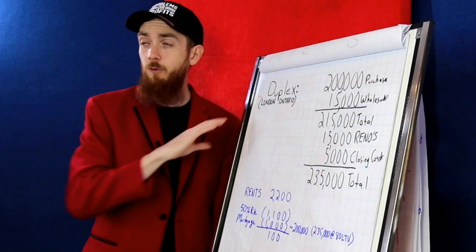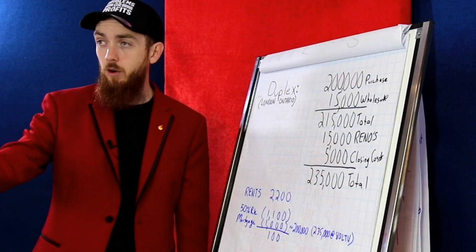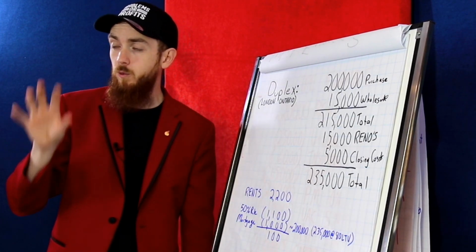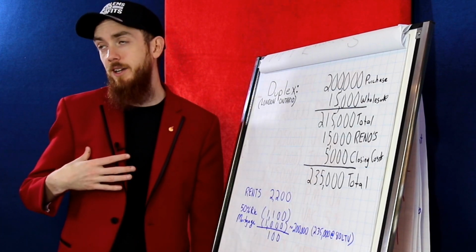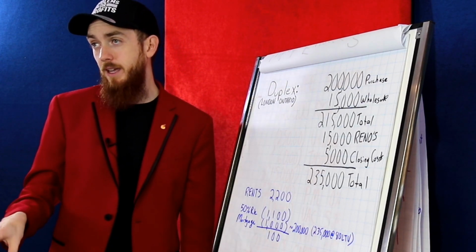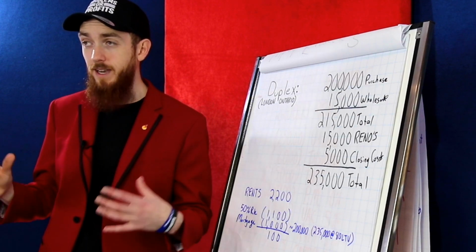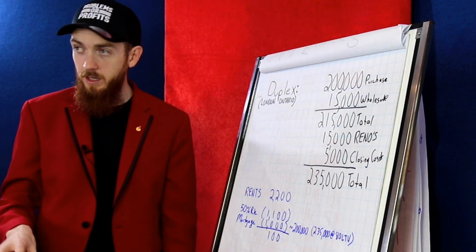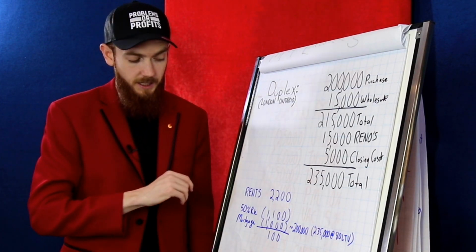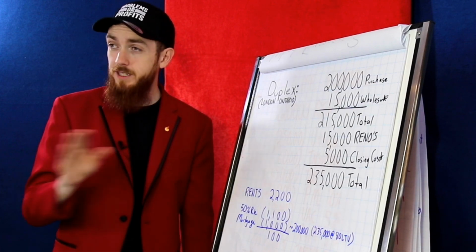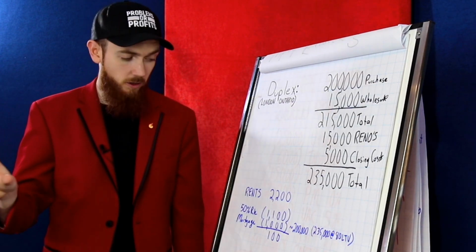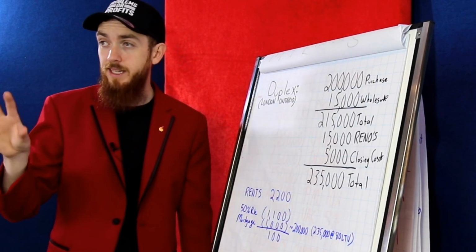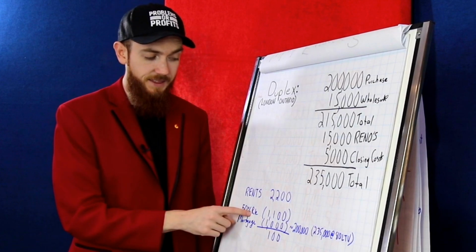Now, if we apply the rules that we learned in video 1 of this series, again, the assumption here is this property can rent for $2,200 a month. I know the market really well. Right now, the property is vacant, which is actually an upside for an investor, but I trust that it can rent out for $1,100 per unit in this neighborhood in London, Ontario. Now, if we apply the 50% expense rule, that means we're going to assume that we're going to have $1,100 a month in monthly expenses related to this property,